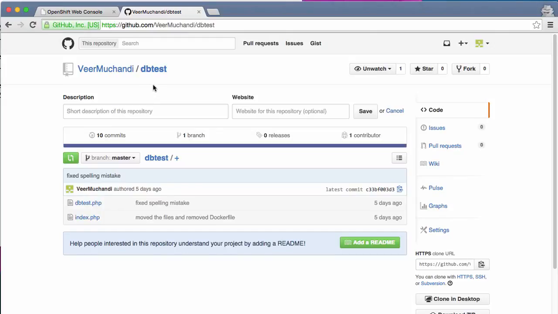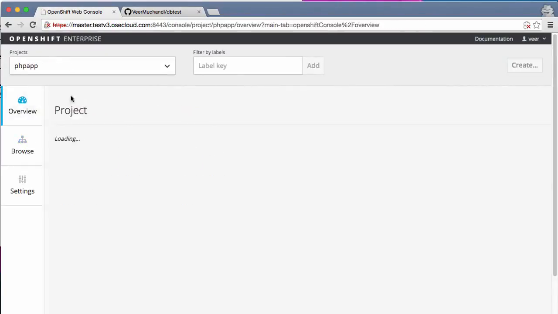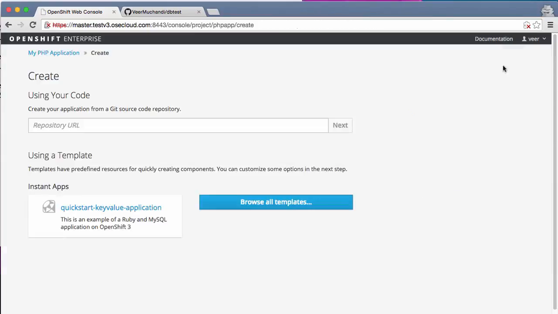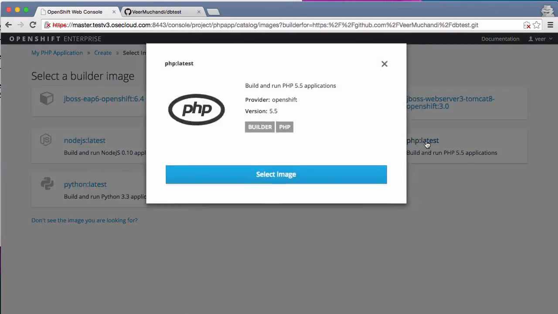supply this source code to OpenShift and let it build the image from this source code. That's the reason why it's called source to image conversion. Select the GitHub's URL and I'll go back to the console, and this time I'll create by using this GitHub URL. I am selecting a builder image, and since this is a PHP application, I'm going to select the PHP builder image,